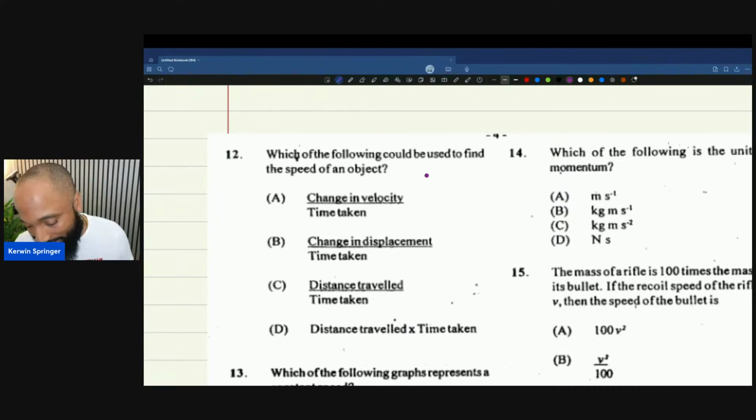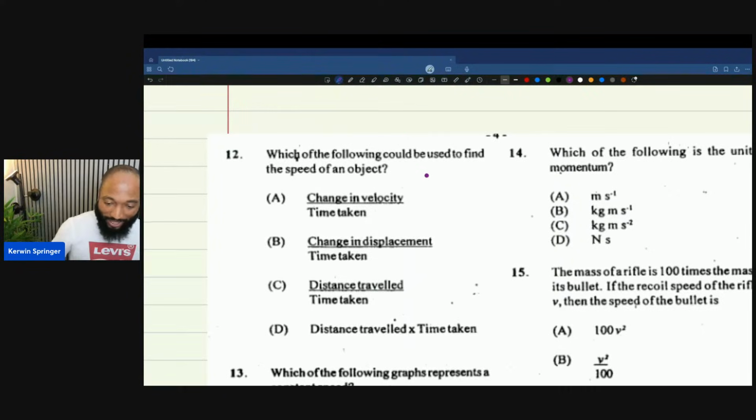Which of the following, excuse me, could be used to find the speed of an object? How do you find the speed of an object? Speed. So speed is rate of change of what? Rate of change of